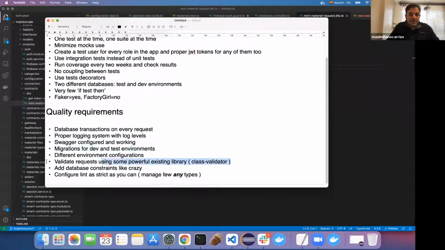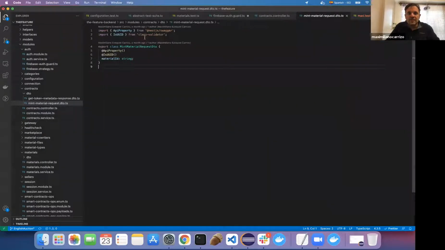And this is a very important thing. Validate the request using a library to validate the request. For example, I use class validator. In this method, I'm getting a material ID, and this material ID should be a UID. Okay, so adding this validates that the request is fine, and you don't need to write ifs in the code